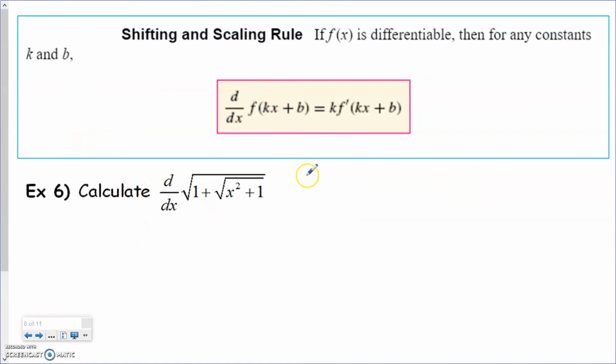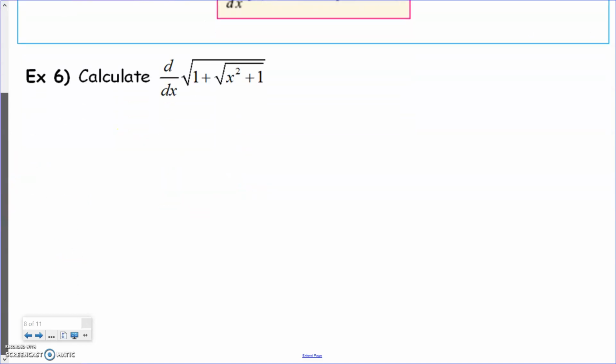Okay, shifting and scaling rule. All you really need to do is you can bring a constant out front if that makes it easier. I am going to go ahead and do the next one. We're going to find the derivative, but notice if I rewrite this,